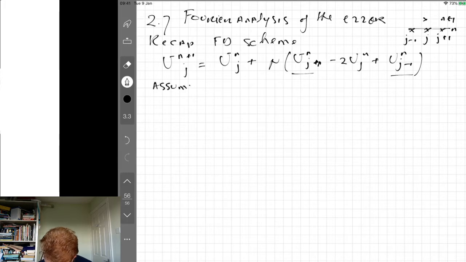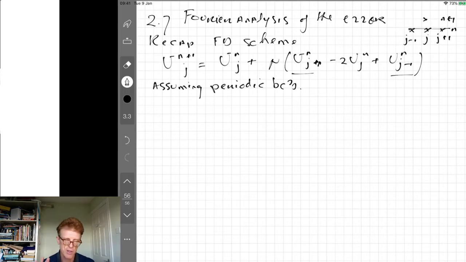Assuming periodic boundary conditions, BCs, you can lift that, see Morton and Mayers, but let's assume that it's periodic. It means that when you leave the domain on the right at x is 1, the signal comes back at x is 0. You literally wrap around a piece of paper. It's periodic. Then we substitute